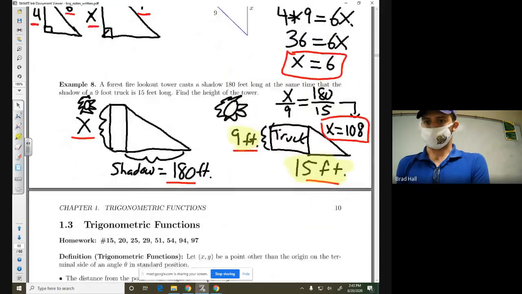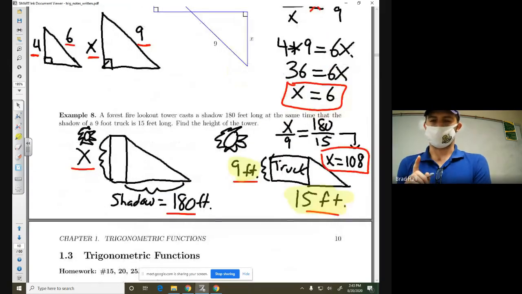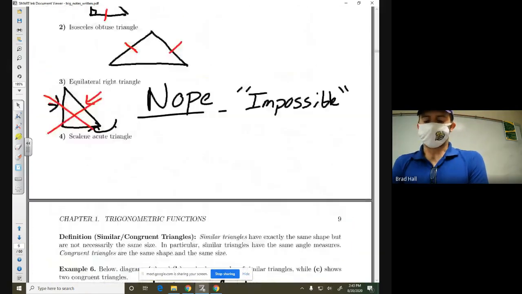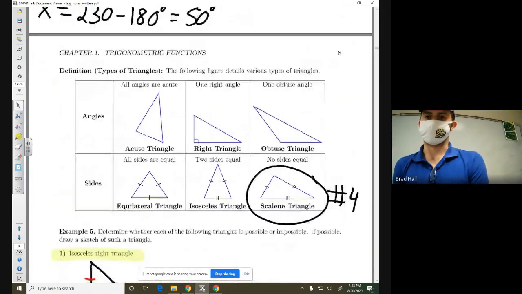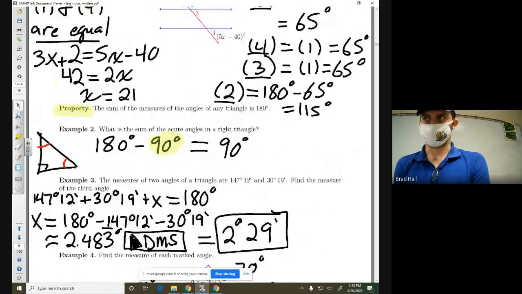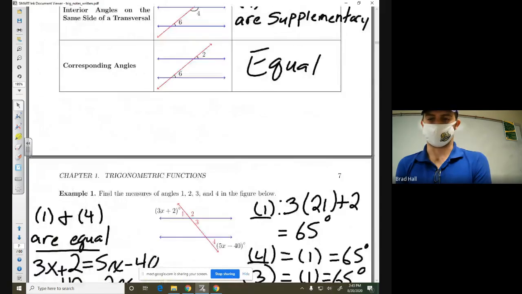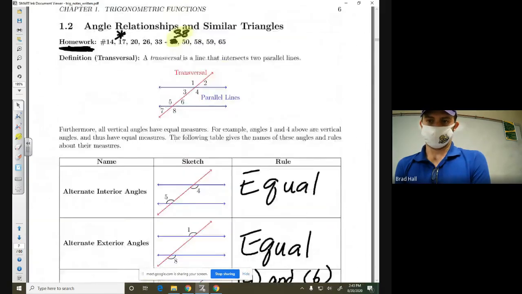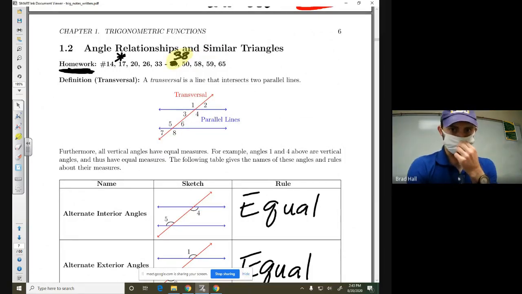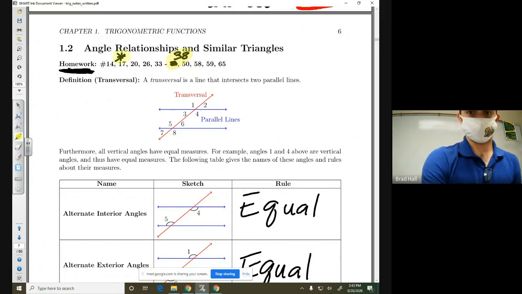Okay, so I guess before we move on, I wanted to emphasize problem 17 from the homework. I would like to go ahead and also assign this homework for Tuesday. So the homework for this also is due Tuesday. So I want to emphasize problem 17, as I mentioned up here. So if you look in your book,